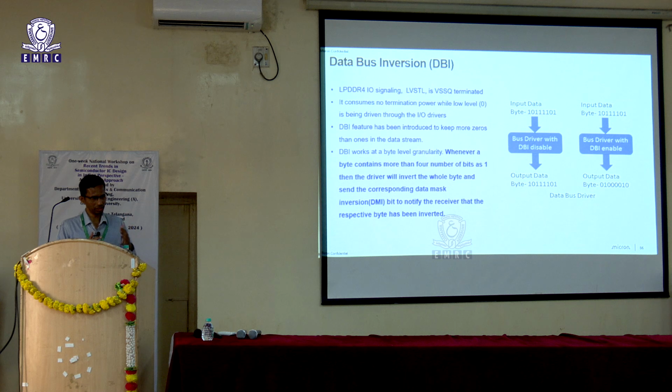So, suppose we are sending 1 1 1 1, if you send out 1 1 1 1 as is, you are going to burn more power. Instead, we will send 0 0 0 0 and use one more DBI bit and say that the data stream is inverted, and internally DRAM captures all the 5 bits along with the DBI bit, and it will see, okay, the DBI is 1, which essentially means the data is inverted. It will do a data inversion internally and use that for data storage. So, that is the DBI scheme.